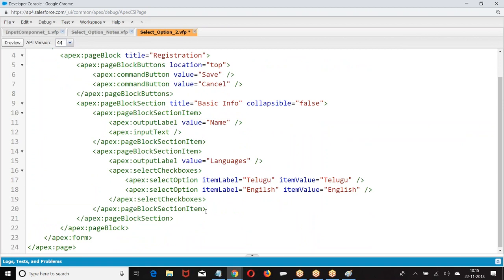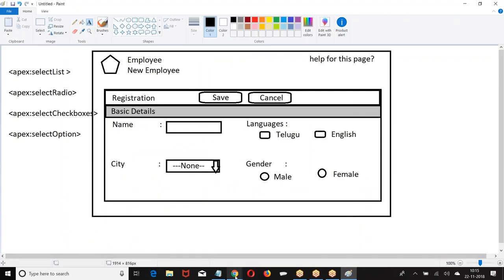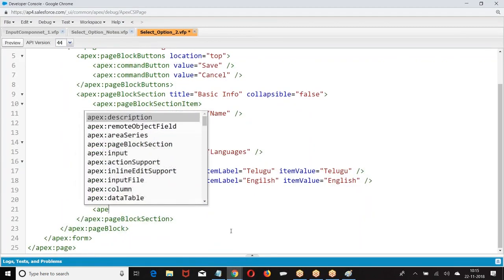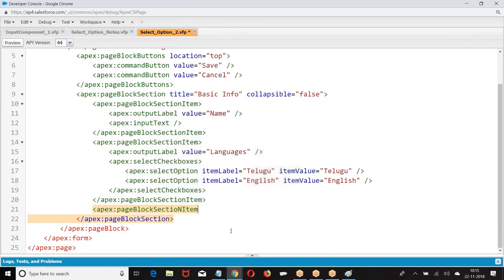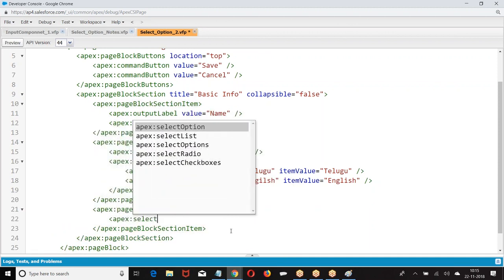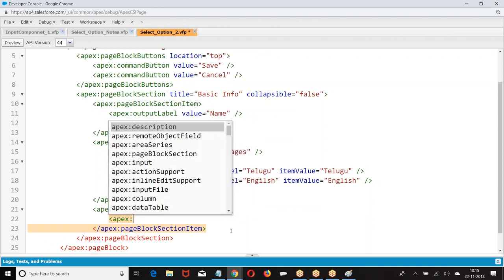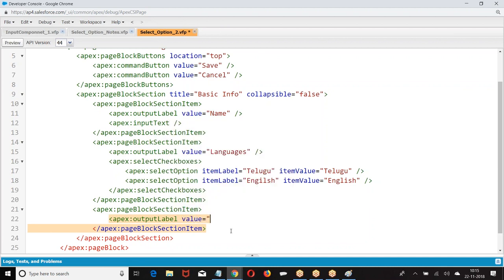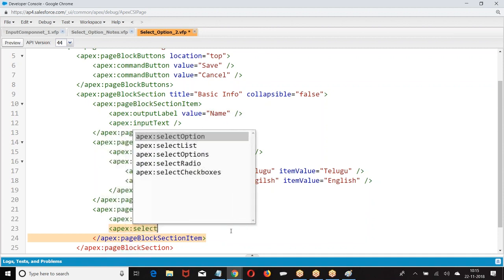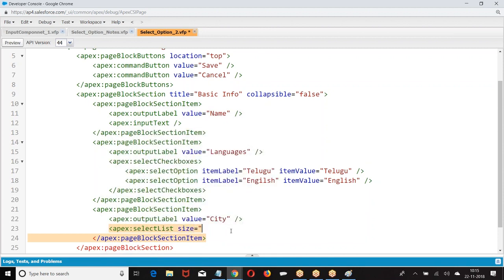Then next we have city and gender. Page block. Select list size equal to 1.